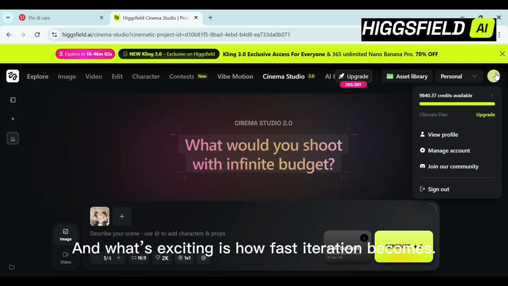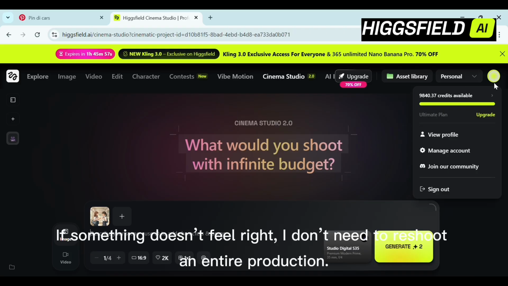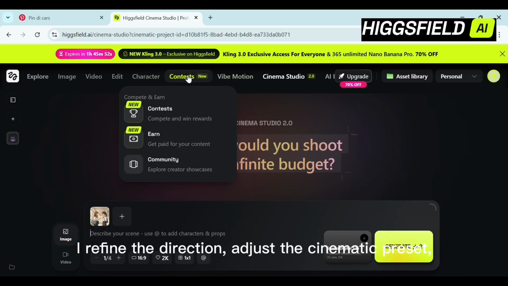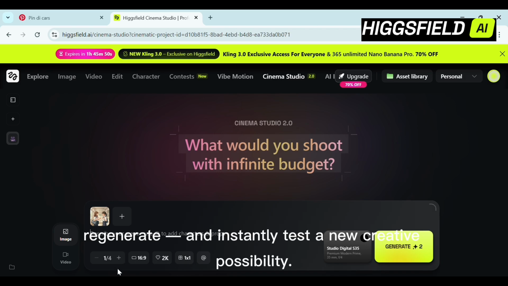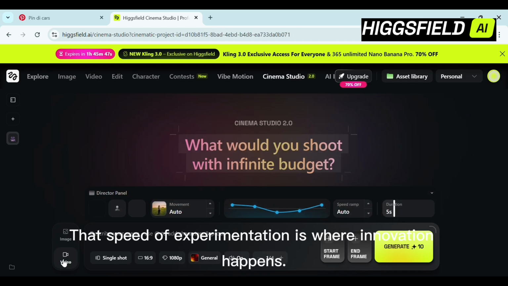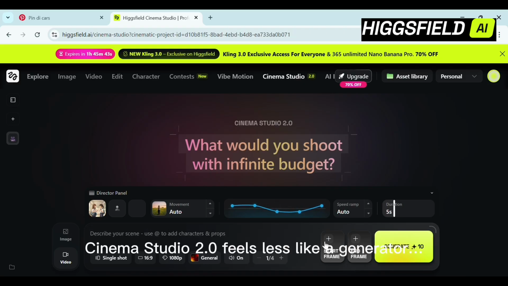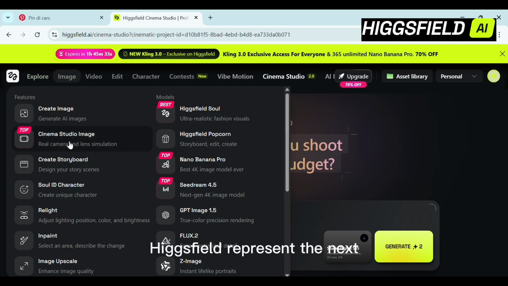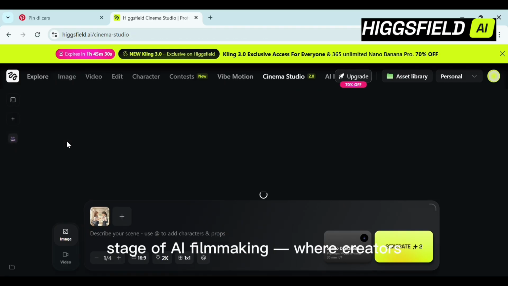And what's exciting is how fast iteration becomes. If something doesn't feel right, I don't need to reshoot an entire production. I refine the direction, adjust the cinematic preset, regenerate, and instantly test a new creative possibility. That speed of experimentation is where innovation happens. Cinema Studio 2.0 feels less like a generator and more like a creative studio. And that's why I believe tools like Higgsfield represent the next stage of AI filmmaking, where creators move from generating clips to directing